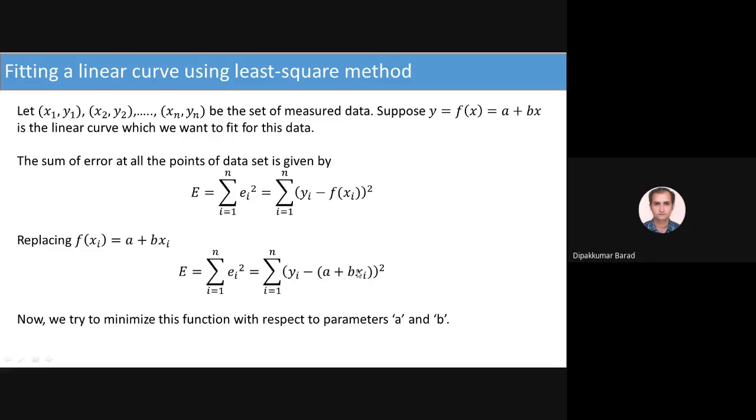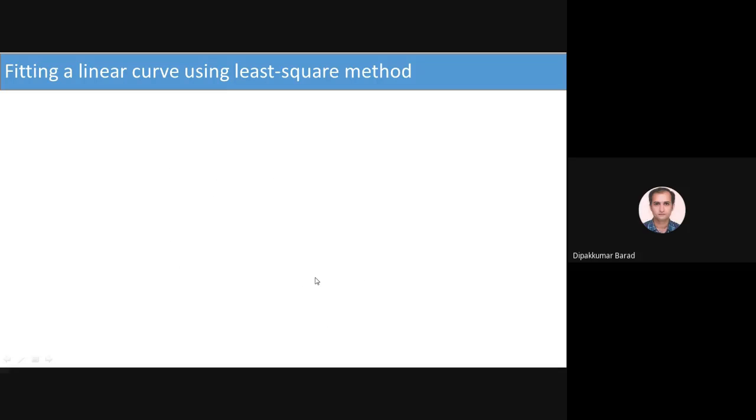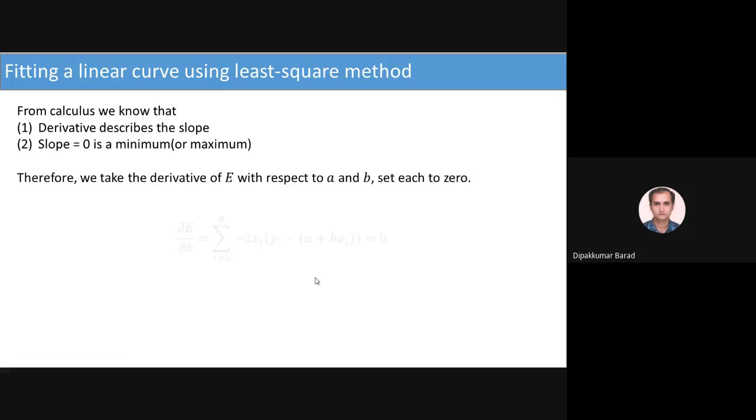Now in b xi, xi is constant multiplying b, so I get xi, and with the minus sign, I get minus 2 xi into (yi minus (a plus b xi)). So the partial derivative of E with respect to b is minus 2 xi (yi minus a minus b xi), which we take